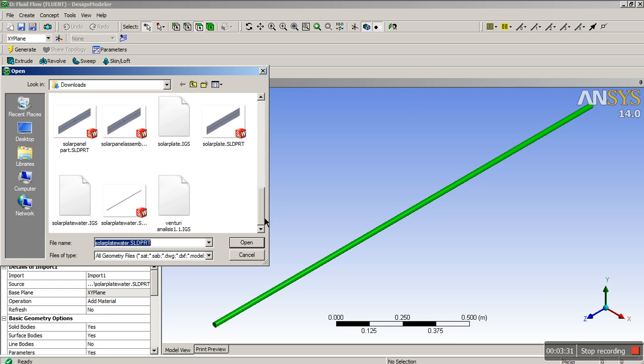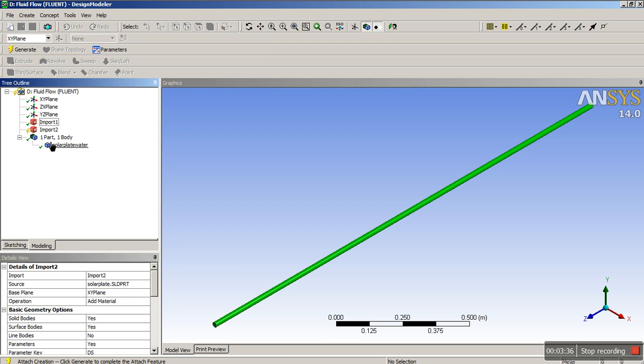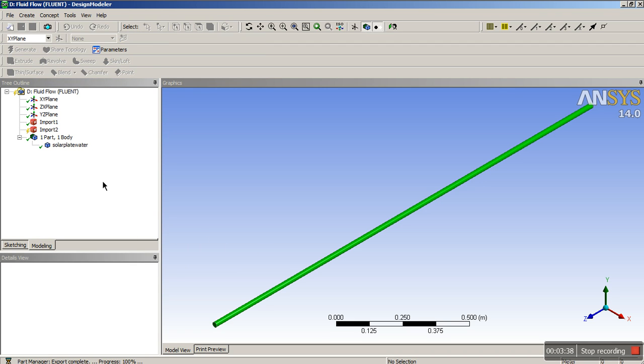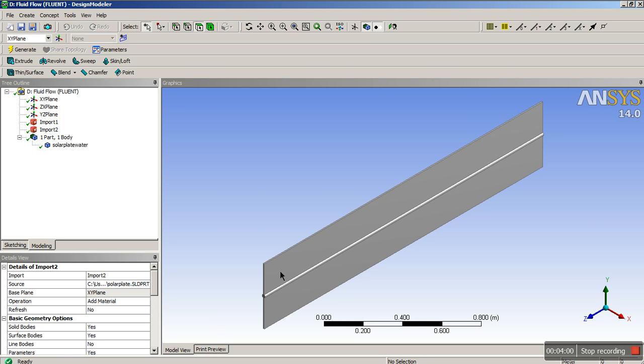Then let's import the solar plate. The solar plate will be this one from SolidWorks also. Generate it, and you will be able to see that both bodies fit together perfectly, because that is very important. Then you can see here, I can choose this one, or I can choose the other,